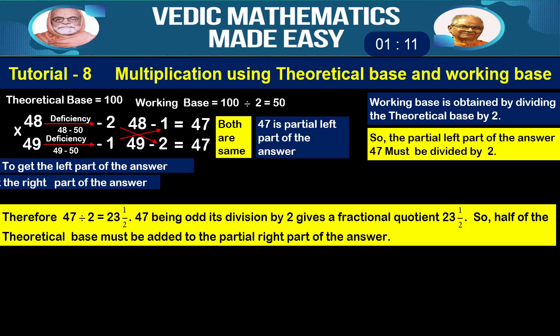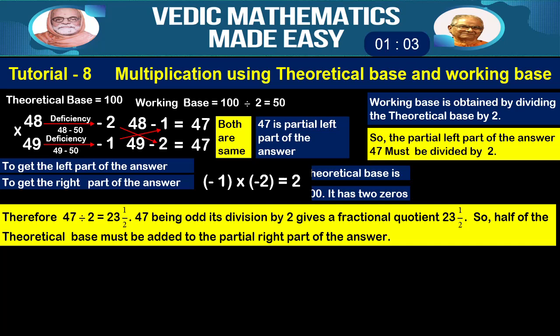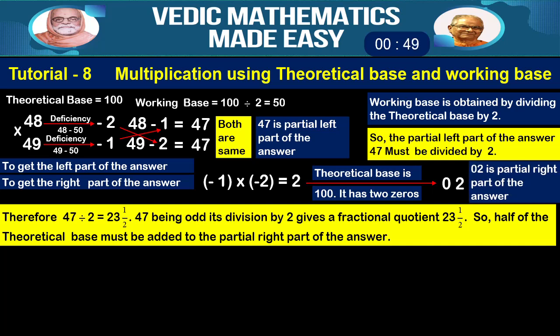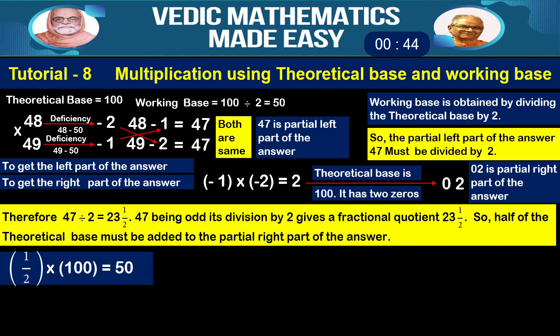To get the right part of the answer, minus 1 into minus 2 is equal to 2. But the theoretical base is 100. It has 2 zeros. So, 2 must be written as 02. This 02 is the partial right part of the answer. Therefore, half into 100 is equal to 50. By adding this 50 to the partial right part of the answer 02, we get 02 plus 50 is equal